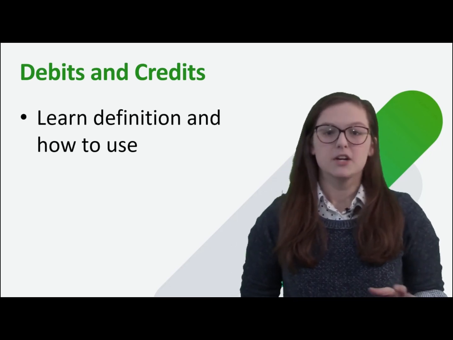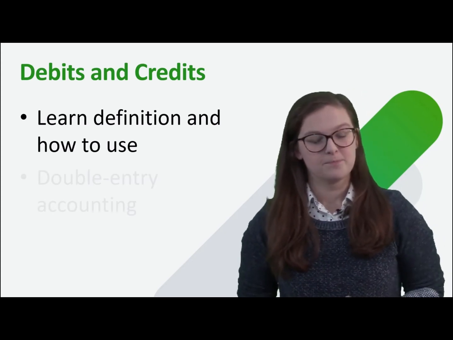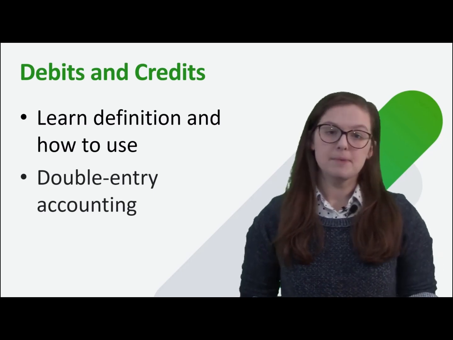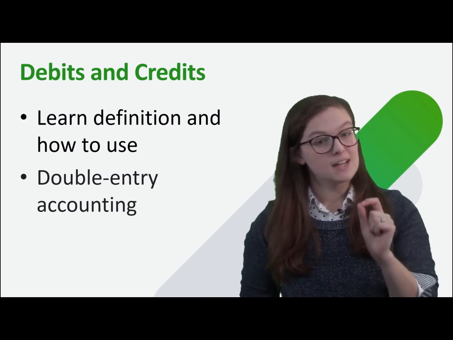Now you learn about debits and credits. This is confusing because of how you might use the words debit and credit in the real world. For example, the word credit could mean praise, like, I give you credit for closing that sale. Or it could mean loan, such as you extend the new customer $10,000 of credit. It could mean ranking, like your business has a AAA credit rating. Next, you learn the accounting definition of these words, and you learn how to use debits and credits. As you'll see, double entry accounting simply means that every transaction has both debits and credits, and they must equal each other.